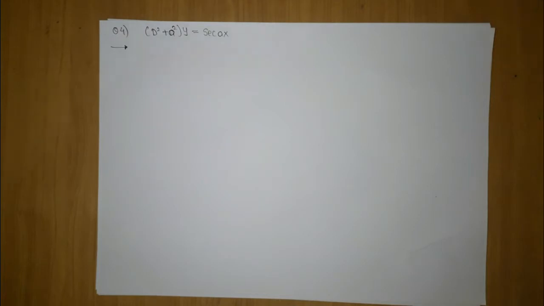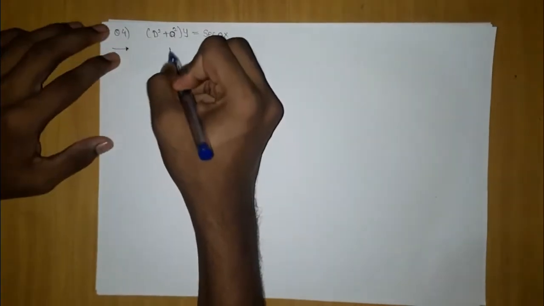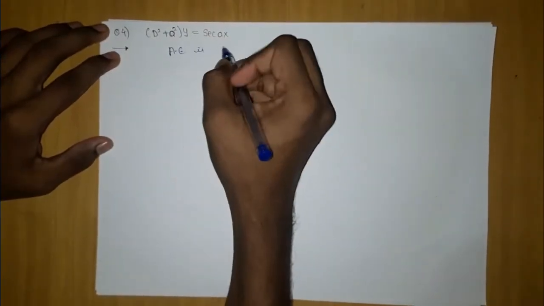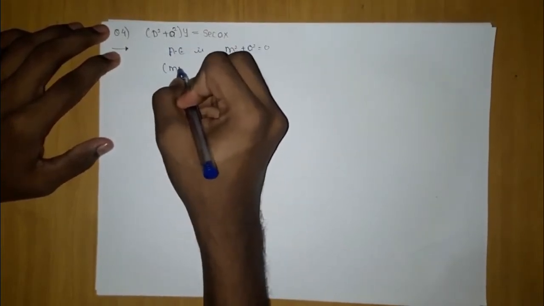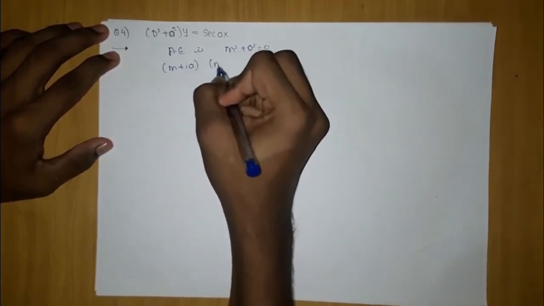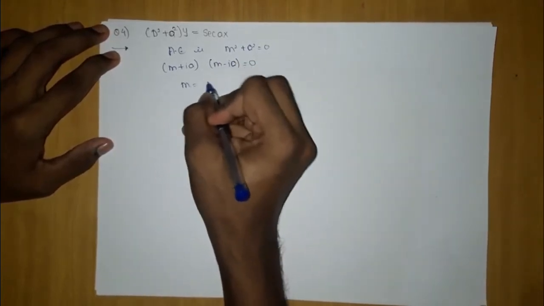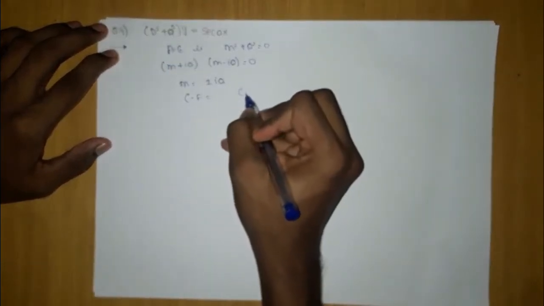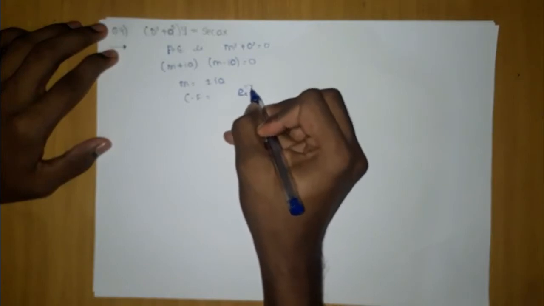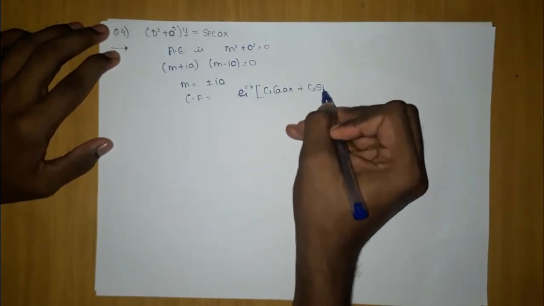Second thing, here which method we are going to use to solve this? Second method, which was partial fraction. Now the auxiliary equation is what? The auxiliary equation is nothing but m square plus a square equals 0, which will give you m equals plus or minus ia, no issue. So the complementary function is nothing but e to the power 0x firstly into c1 cos ax plus c2 sin ax.